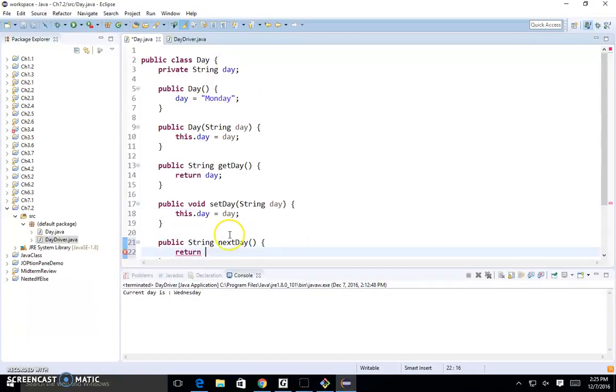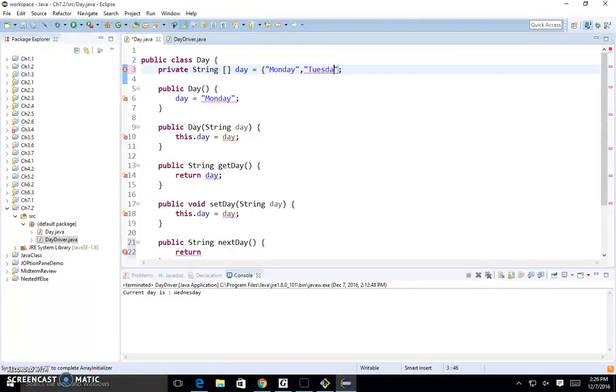So now the answer to this is, this has to be a group of days. And we learned how to make a group of days. We can use an array, right? From the previous session, previous class exercise. So we're going to declare an array of day, and we're going to initialize the values for the days,